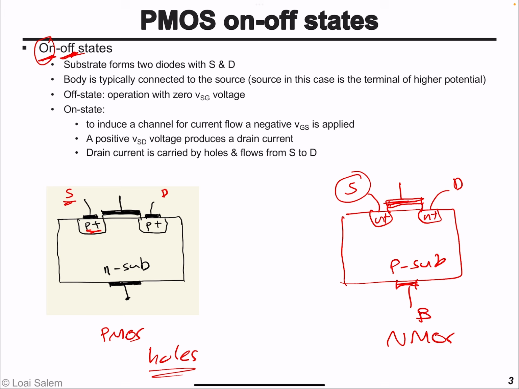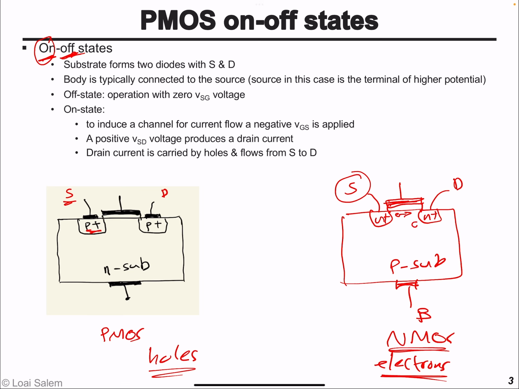On the other hand, in an NMOS, the carriers are basically electrons. So the source terminal is the terminal that has lower potential than the drain terminal, and that's essentially where electrons are going to originate. Because remember, the electrons will flow from source to drain, while the current,